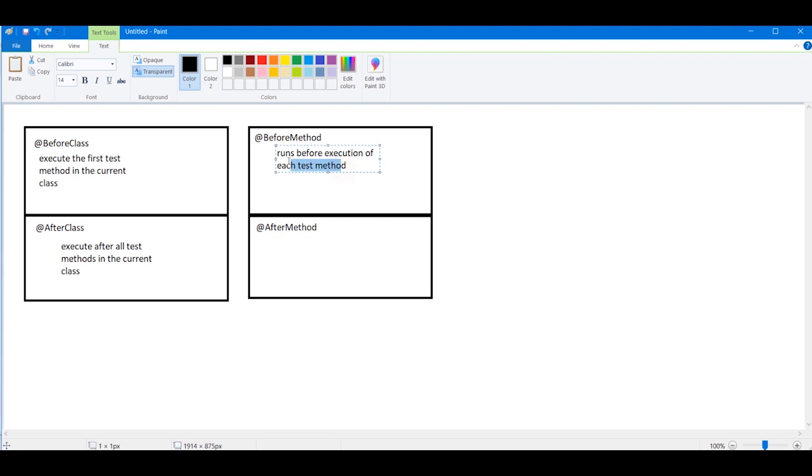BeforeMethod runs before the execution of each test method. You get this point? AfterMethod runs after the execution of each test method. So after each test method, before each test method, for individual methods.